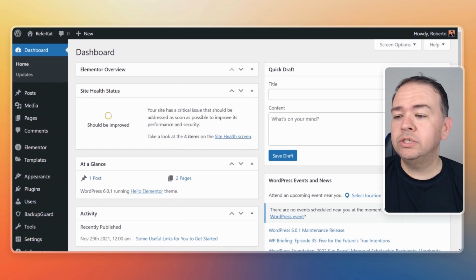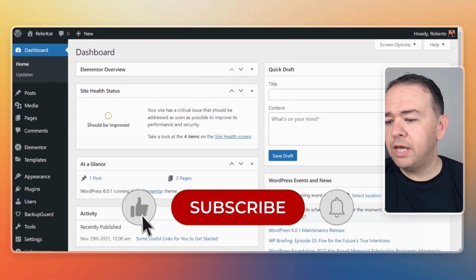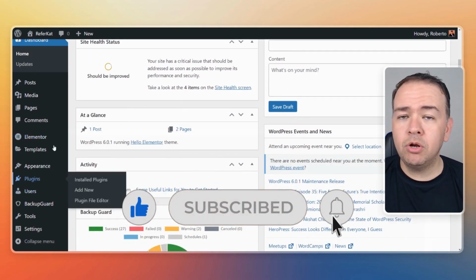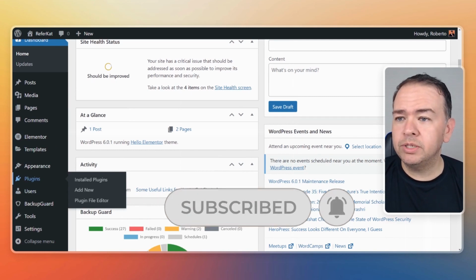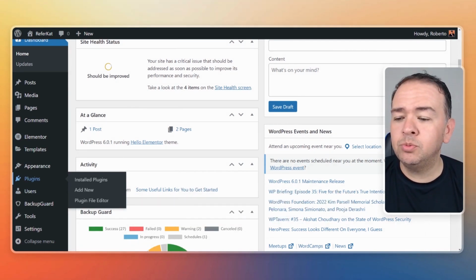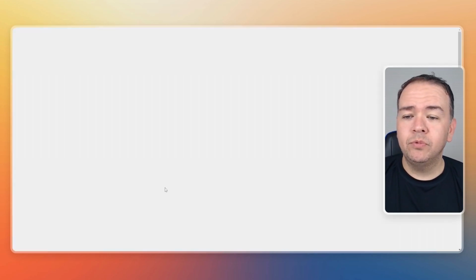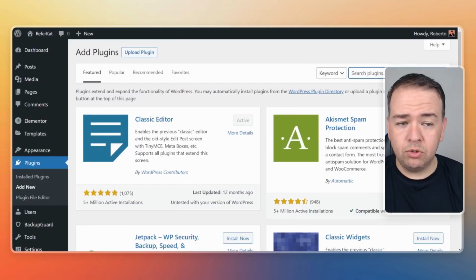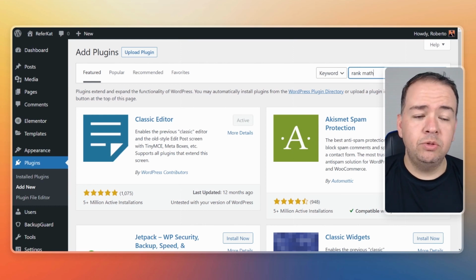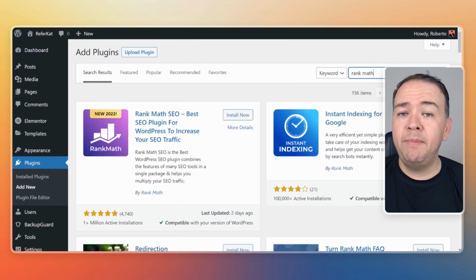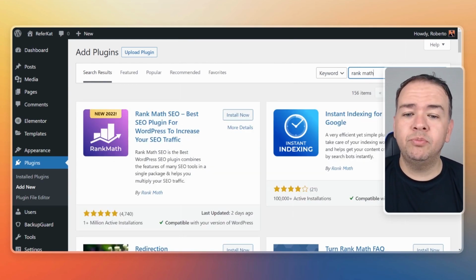The first thing we need to do is go install the plugin. So let's go over to the plugin section. I'm going to go a little bit fast because if you're using WordPress, I assume you already know your way around the dashboard. But just let's go to plugins. Let's go to add new. You're going to search for the plugin. It's called Rank Math. So this is a plugin used to manage your SEO settings within your WordPress site.